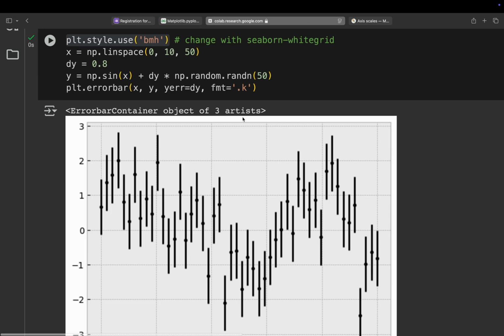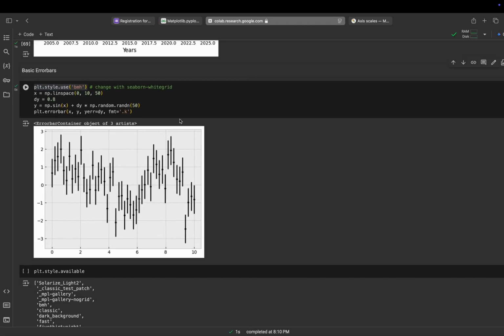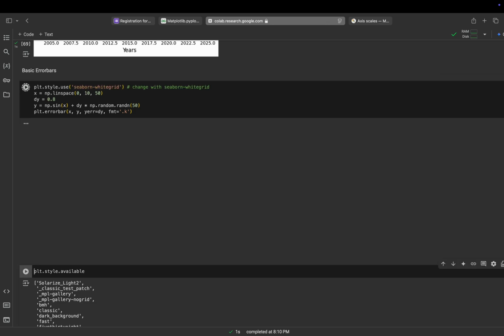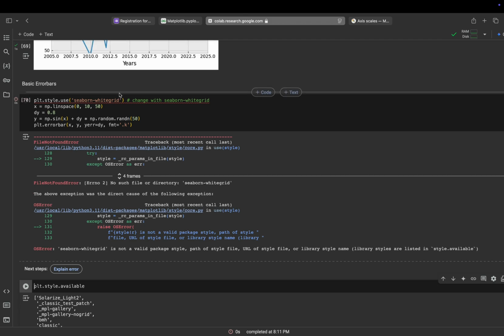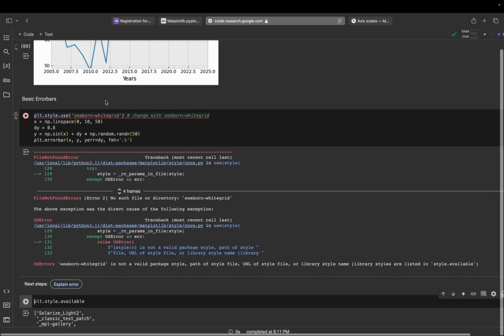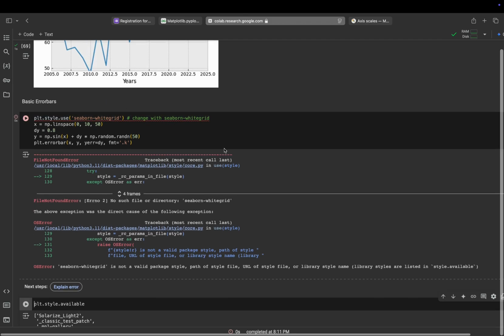So what we are doing in this line 68 is changing the style, changing it with seaborn white grid. I'll show you what this is. Right now it is BMH, which is gray. If you change to seaborn white grid, okay, we don't have white grid. To check how many styles we have present,